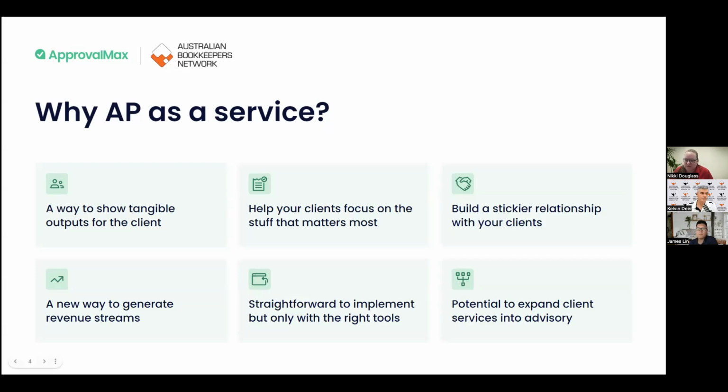By focusing on accounts payable as a service, it really did free up very tangible time for the clients. For many people, they had a very manual process. So by automating that, putting some software into the process, there was a very tangible effect on their time, their outputs, their reporting, so many different things. For us, it was a pretty easy service to implement.